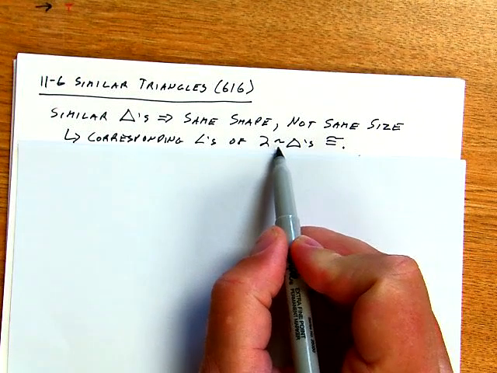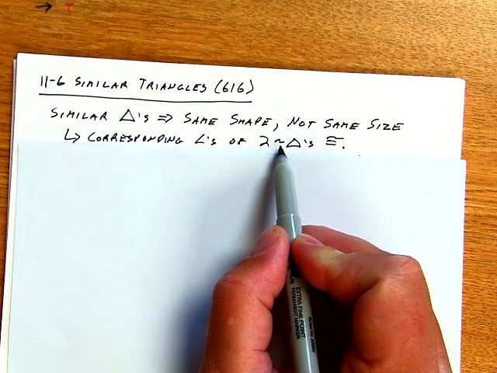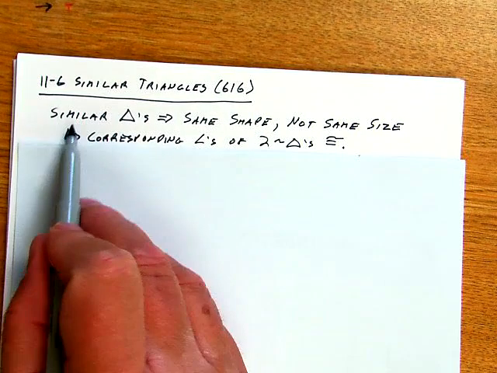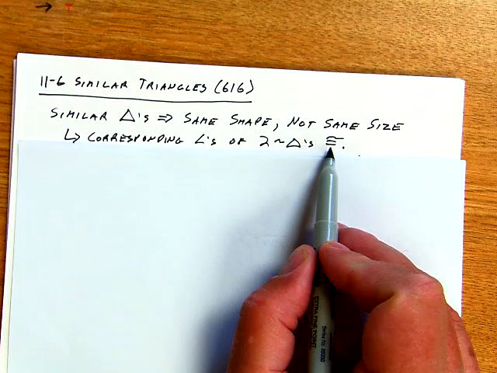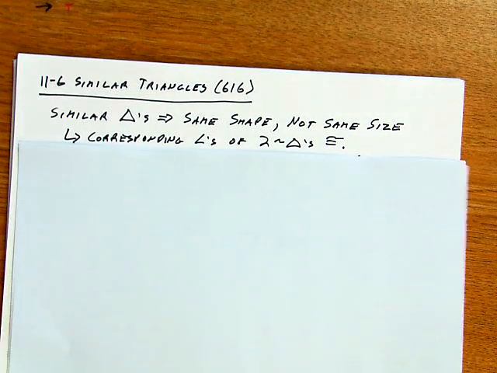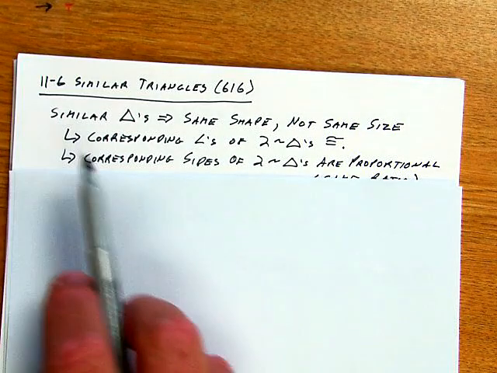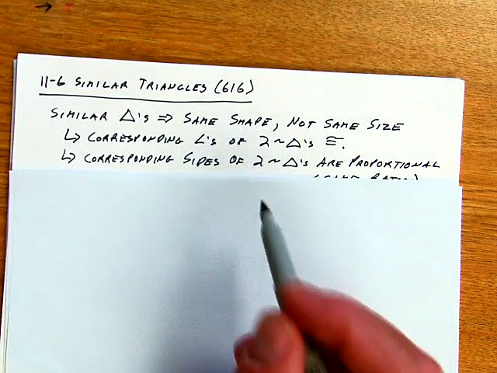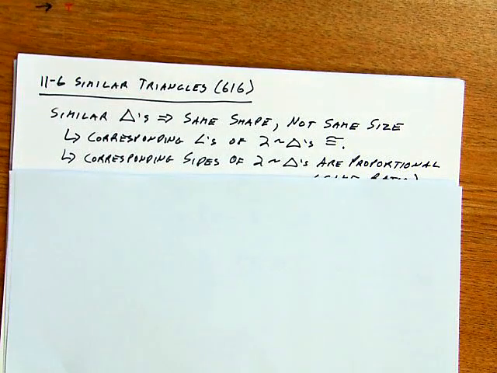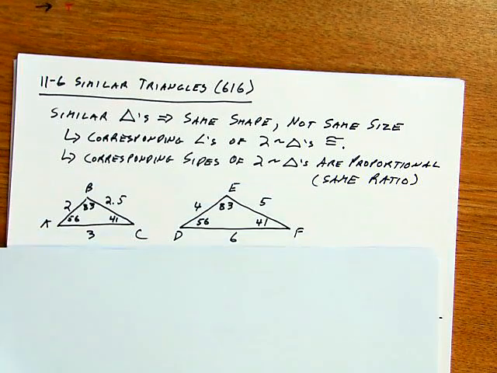This squiggly line right here, a single squiggly line, is the shortcut for writing similar. And that's the congruent sign, equal to, and the squiggly line above it. The corresponding sides of two similar triangles are also proportional. And when I say proportional, I mean they have the same ratio, and you'll see that here in this example right now. Suppose I